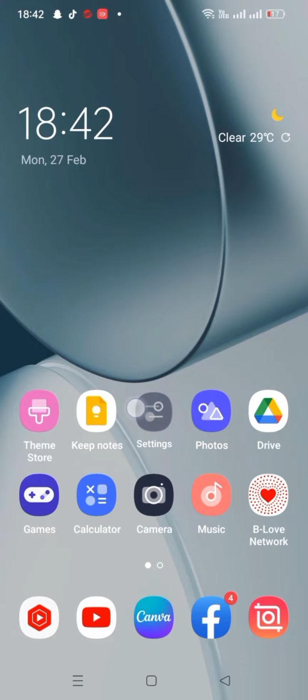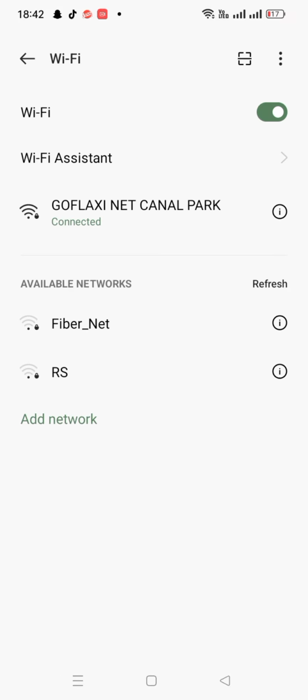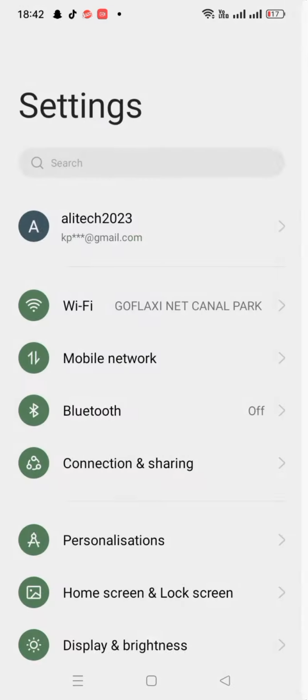First of all, open your settings, and from here you tap on Wi-Fi connection. From here you make sure that you connect to a strong Wi-Fi connection, and after that check whether the problem has been fixed or not. If the problem is not fixed, then go back